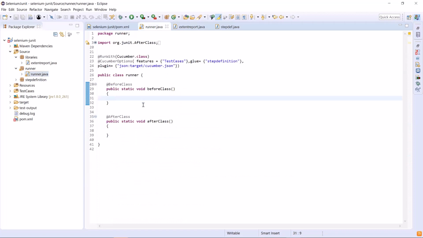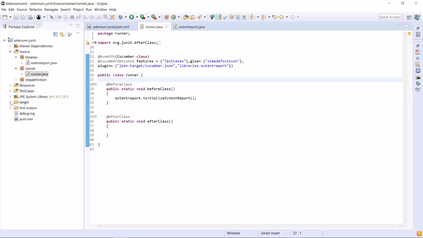Now we'll go to the runner class and write ExtentReport.initializeExtentReport. Apart from this, we have to provide our Extent Report library against the plugin attribute. So now we are done with all the configurations.